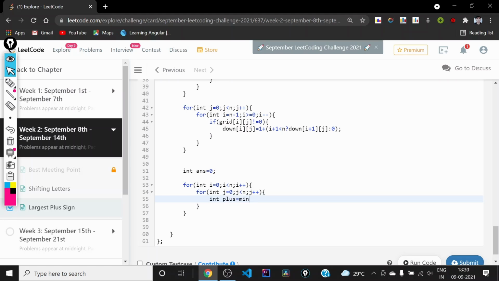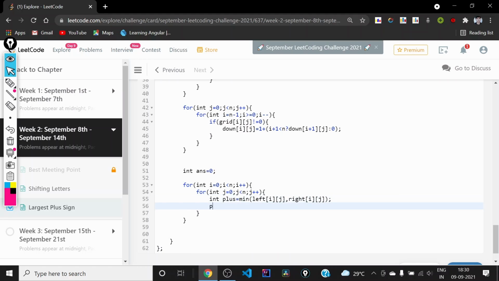So it will be the minimum of left I comma j and right I comma j. And this plus will also be the minimum of up of I comma j and down of I comma j.